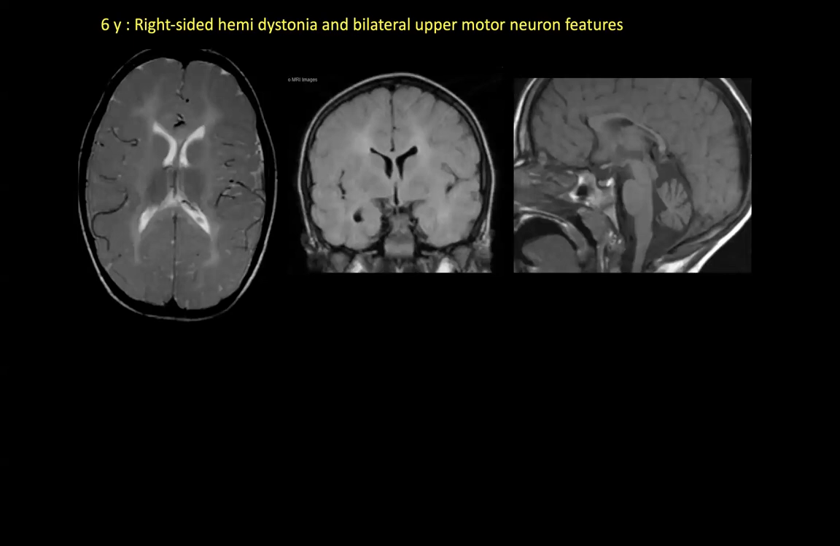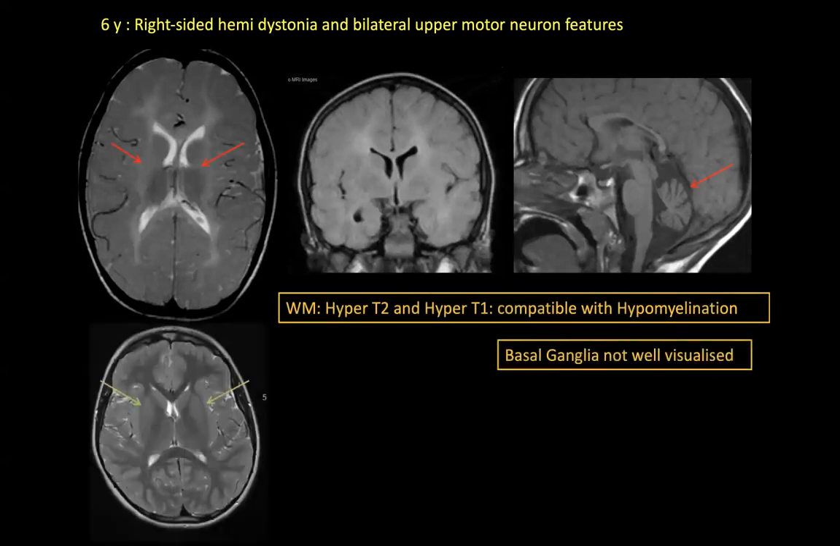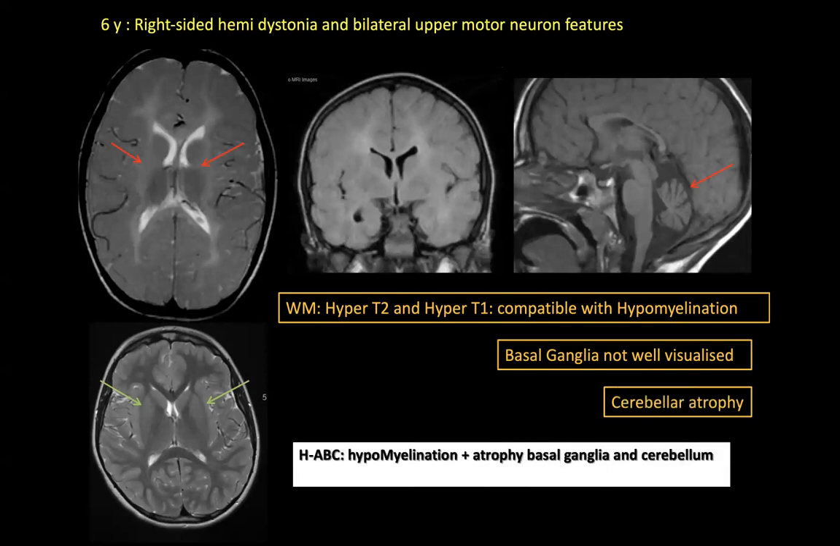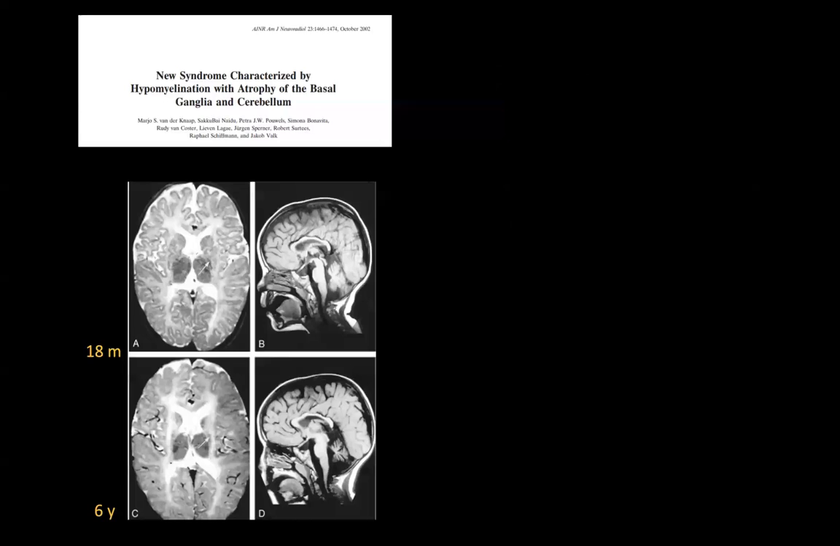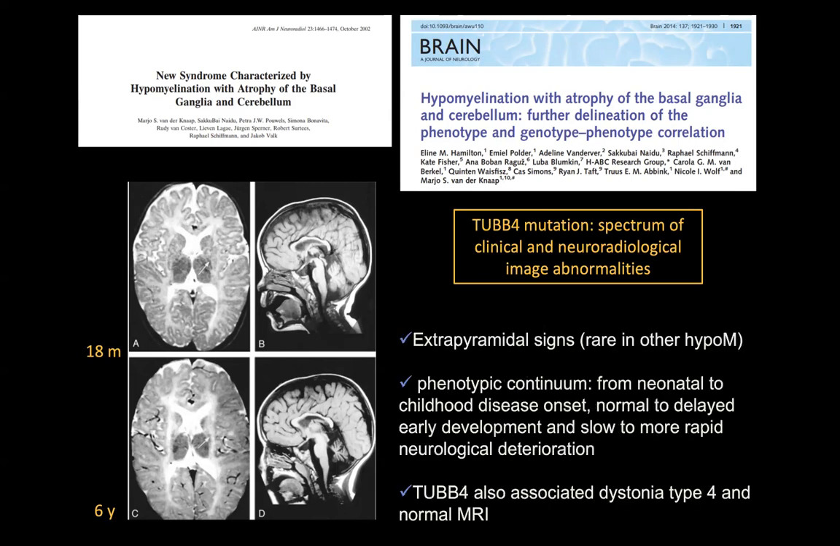Another acronym, very helpful if you don't have a great memory, like me. And this is a normal case for comparison, with normal putamina. This is H-ABC, hypomyelination with atrophy of basal ganglia and cerebellum. And they started with pattern recognition back in the 90s, I believe. And you see the hypomyelination with atrophy of basal ganglia as a recognized radiological entity. We didn't know the gene till very recently, when they found this TUBB4A mutation,